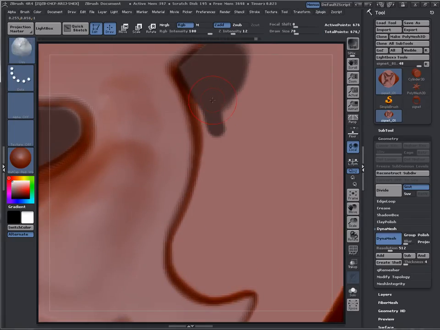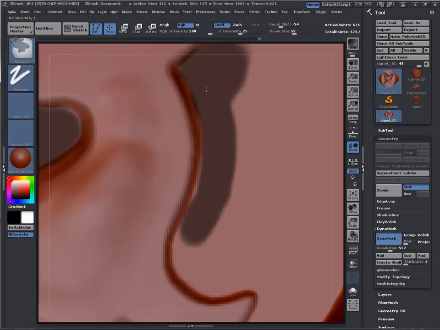That's a little bit too much there. Again, I might just trim that off a bit. There are some brushes that exist, custom brushes, that make this job a lot easier,